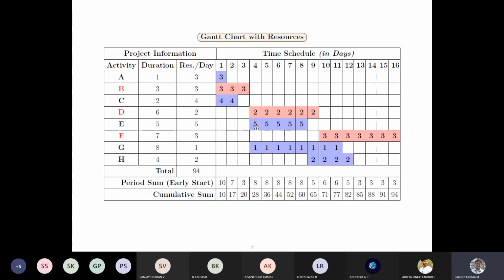And similarly, activities E, G and H are given. And the reason for highlighting B, D, and F is that those are critical activities, and the resources in those critical activities should not be touched. So that's a very important thing. The resources in these critical activities are not meant to be touched, because those are critical. If you happen to delay them, there is no buffer.